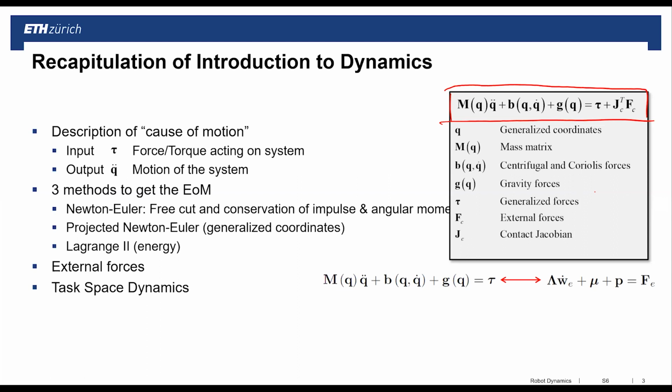So what we did there was, in essence, moving from the joint space to this task space. And as I said, task space, very often, particularly when you're talking about manipulators, is the end effector space, so end effector position and orientation. And we formulated this